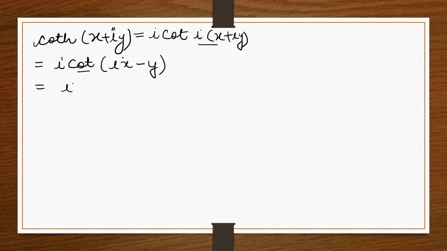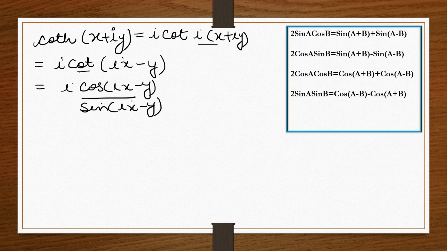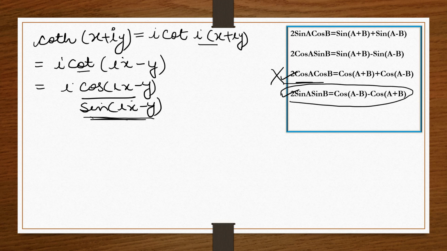What is this cot? cot(ιx − y) equals cos(ιx − y) over sin(ιx − y), right? Now, I hope you remember the formulas which we have used in the circular function. So these are the formulas. Now we'll proceed with the same steps. We'll do the same things. Here we have sine in the denominator, so either we have to convert the denominator in this form or in this form. Because we already have sine, we cannot convert it to this form, so we'll convert it to this fourth form, right?